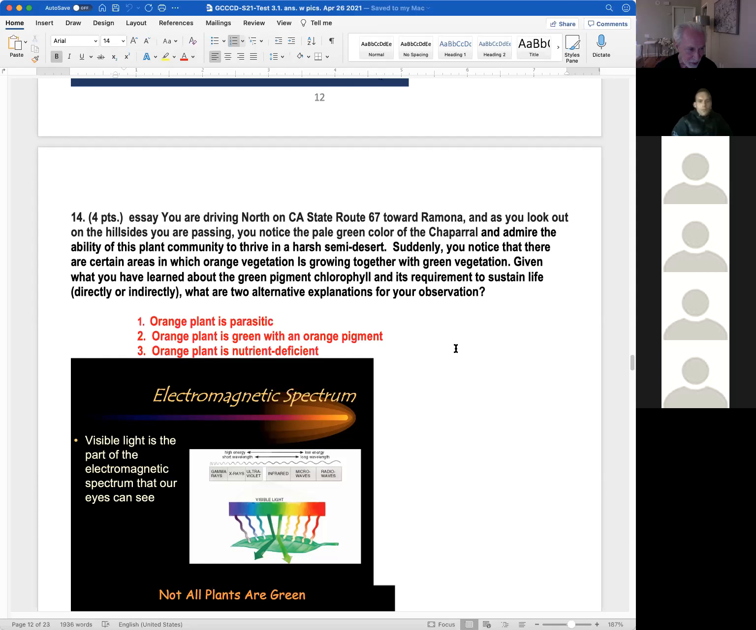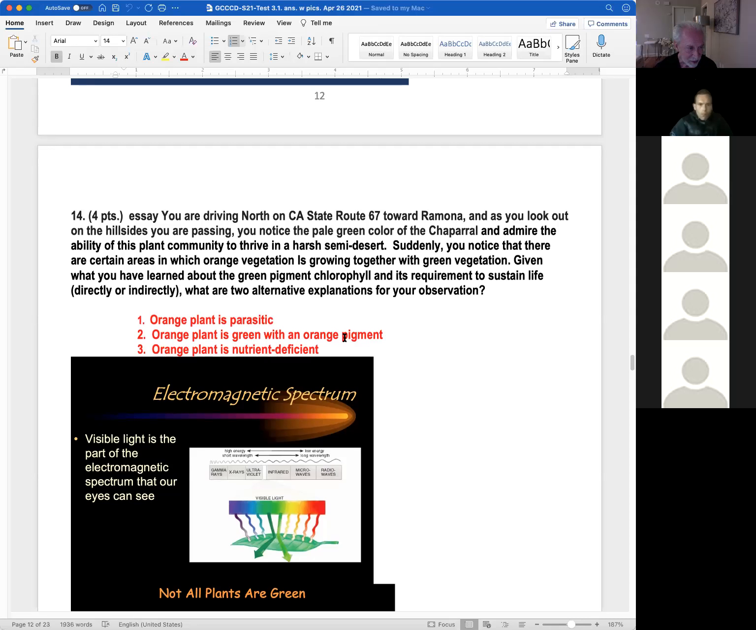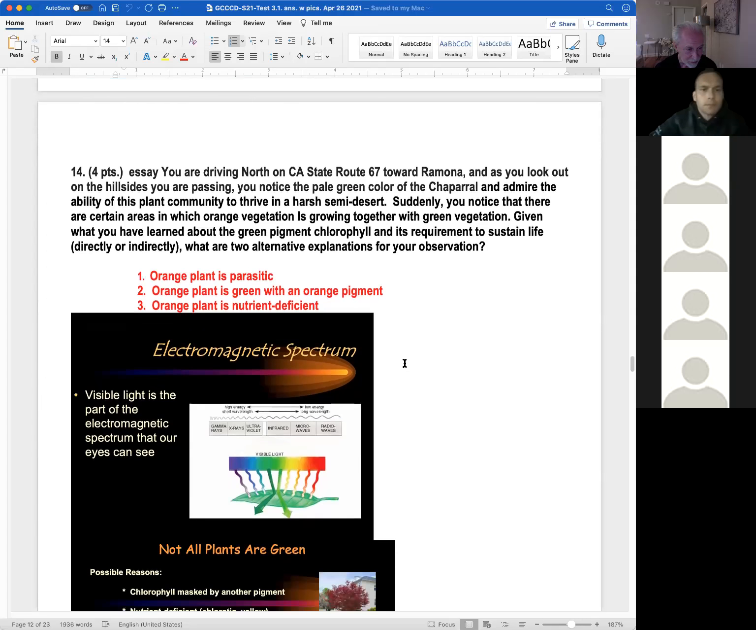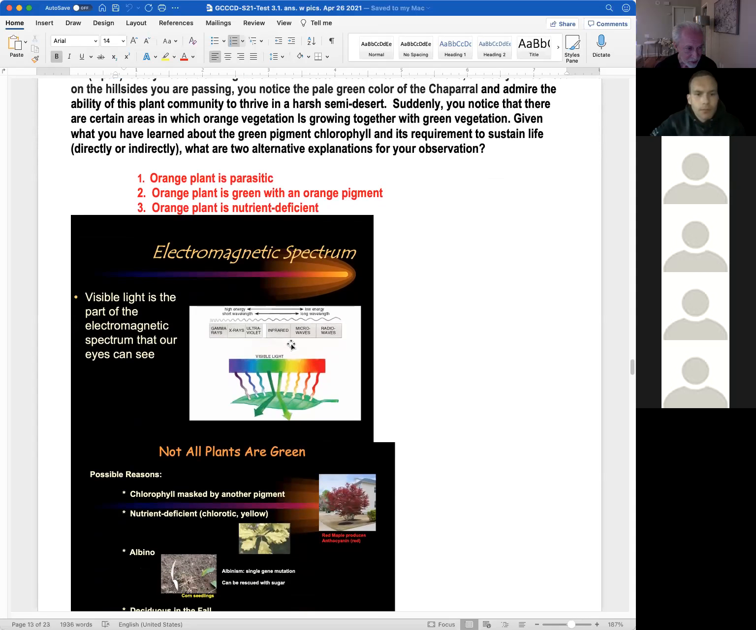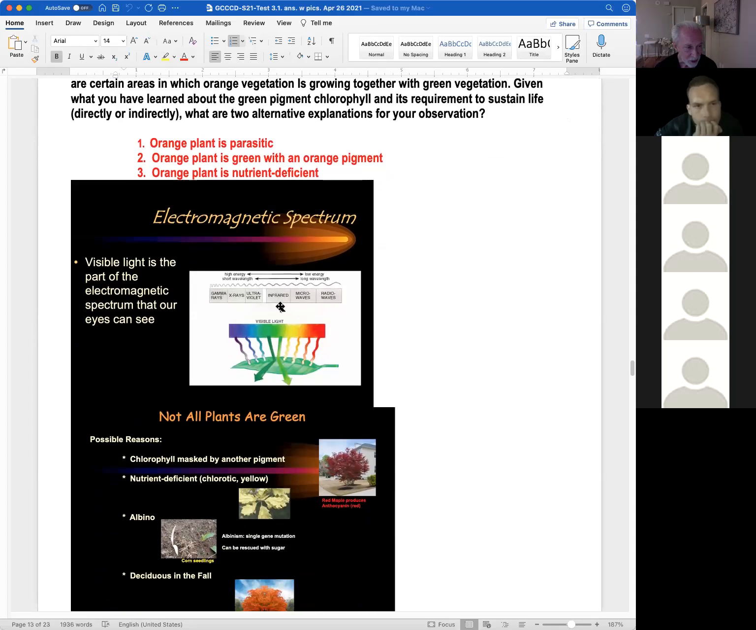One possibility is that it's a parasitic plant. Another is that it's really a green plant with an orange pigment. Another possibility is that it's nutrient deficient. And this goes back to the electromagnetic spectrum, which you recall